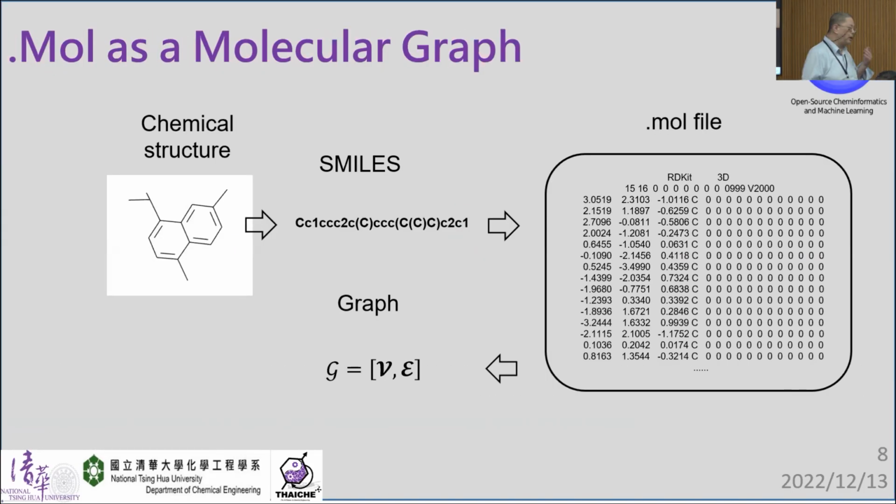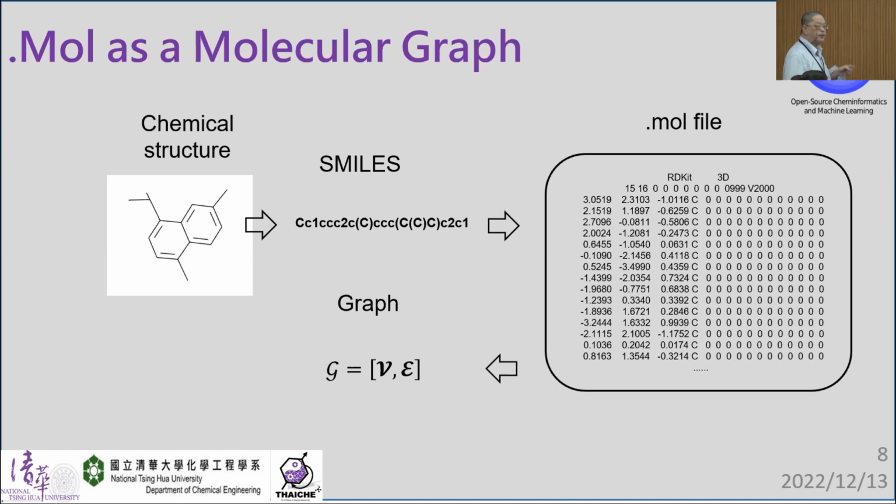But SMART is only a 2.5D representation. So a more detailed representation of the molecular structure can be represented by the .mol file. It contains the actual 3D structures with the locations and the type of atoms that are in the molecule. And for this, we have public domain software that can easily convert SMART into this .mol file.